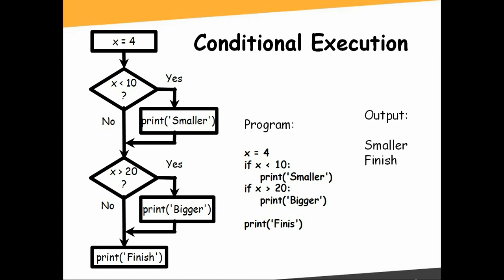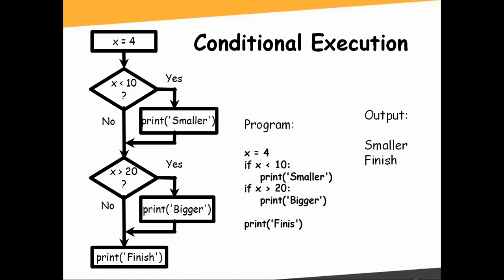So this is the simple syntax of conditional execution in Python. See, x equal to 4, if x less than 10, and then I'm putting one colon here. That is the syntax for the if statement. If this condition is satisfied, that is if x is less than 10, then whatever statement you are going to put for the if statement, you need to indent. That means you can use space or tab, and after that you can put the respective statements for the if statement.